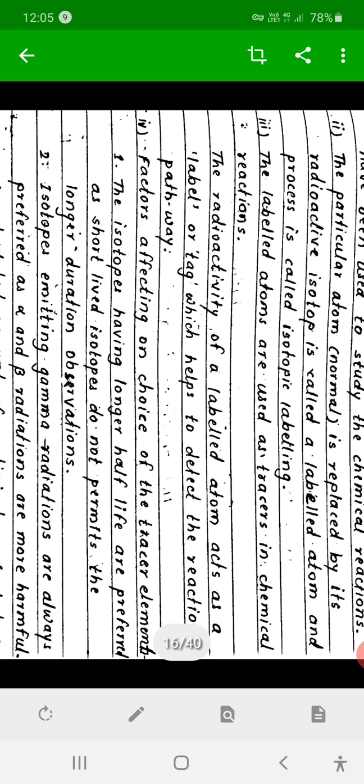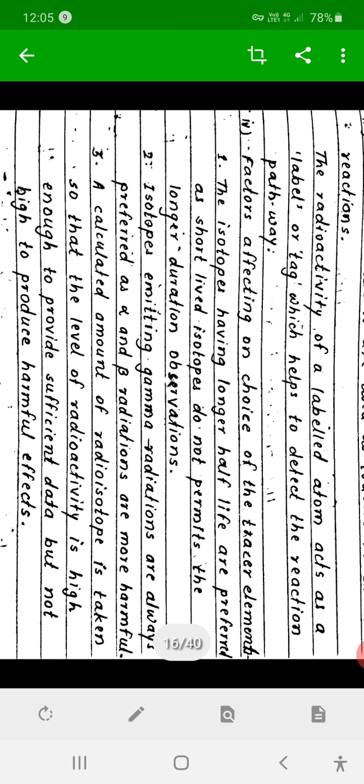The labeled atoms are used as tracers in chemical reactions, and the radioactivity of that labeled atom acts as a label or tag which helps to detect the reaction pathway. Using the location of that tag or labeled atom, we judge the